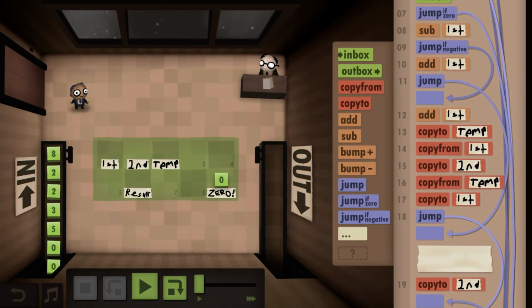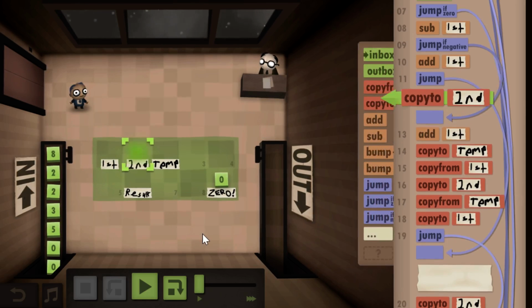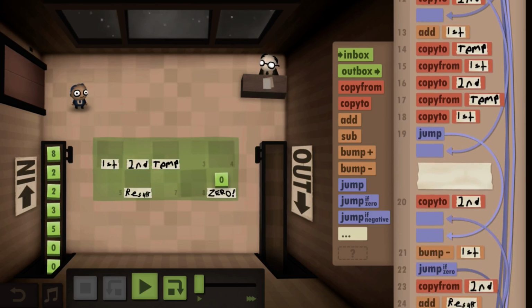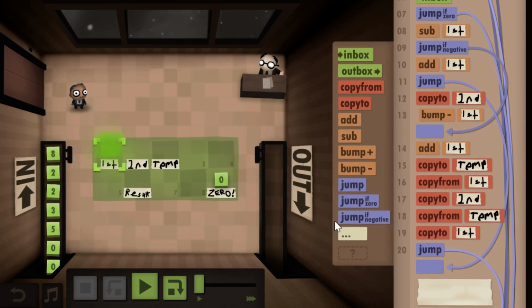So copy to 2, copy to second, bump minus first,